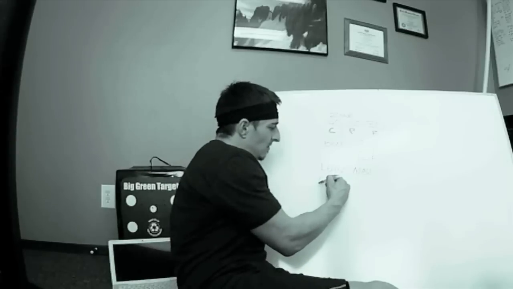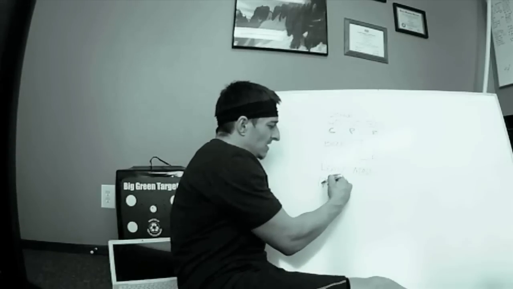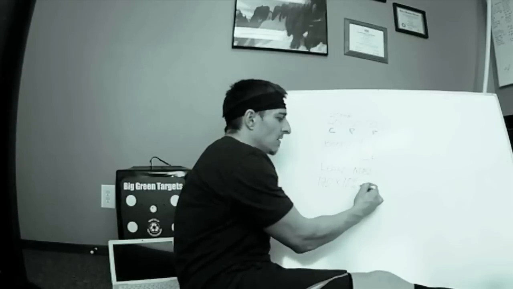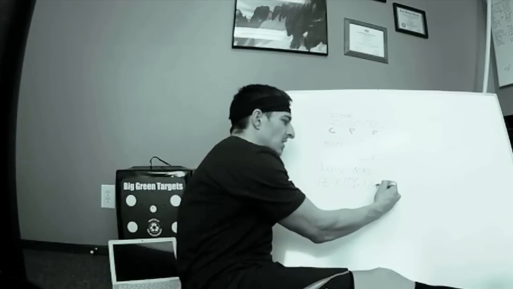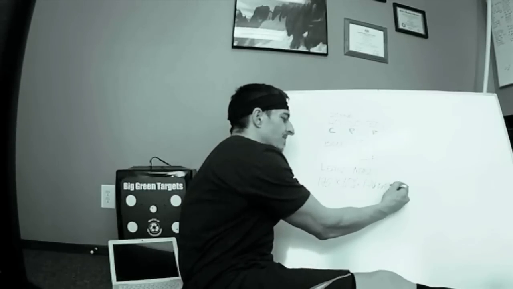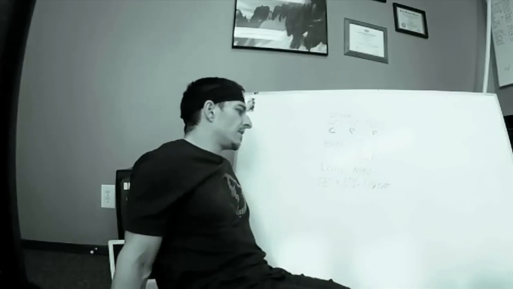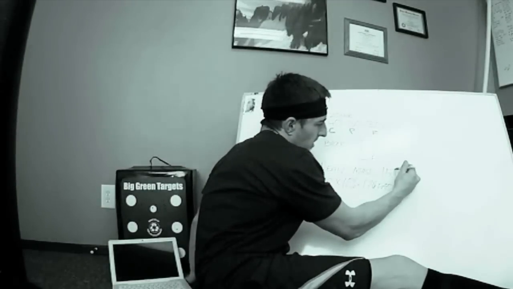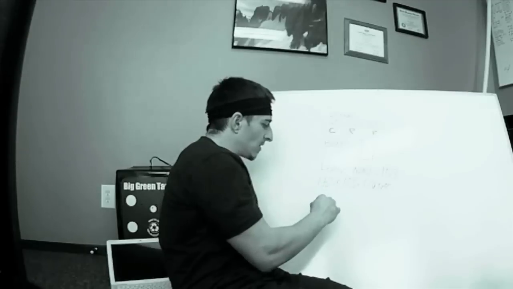So we can use my numbers, 170-ish times 10% body fat. Gives you 17 pounds of fat and 153 pounds of lean mass. 153